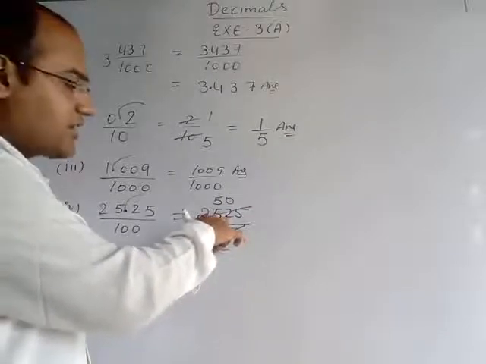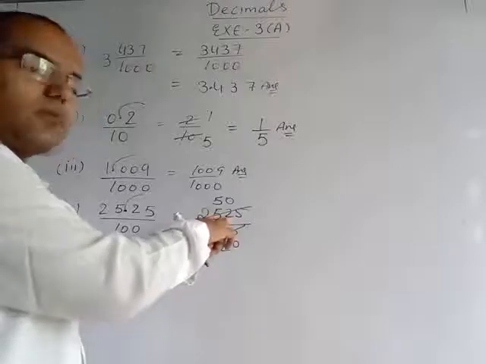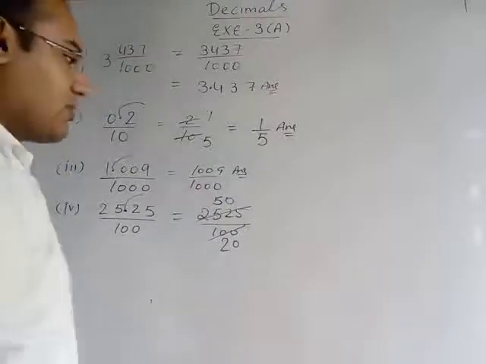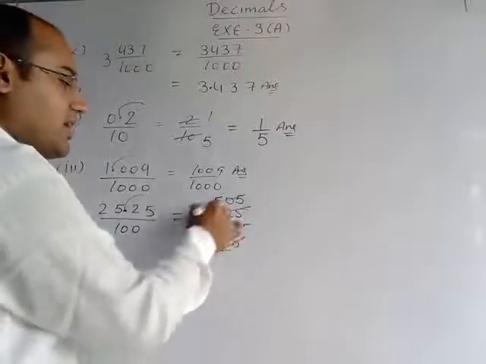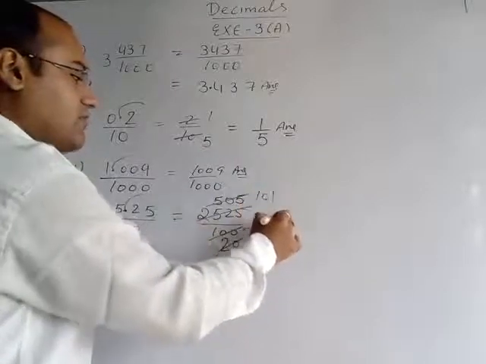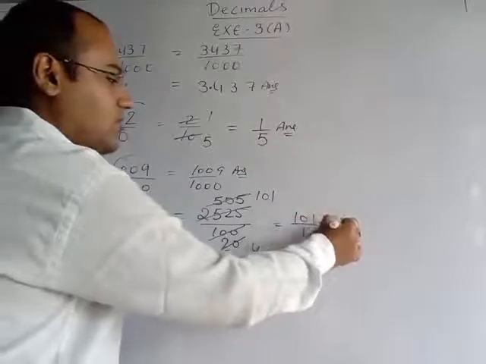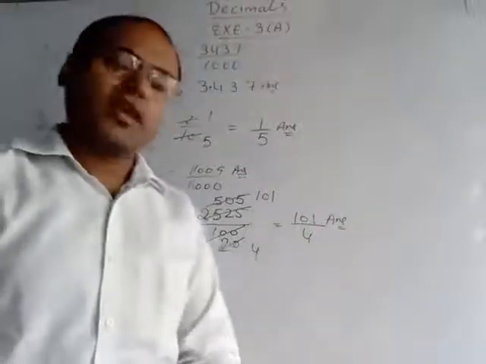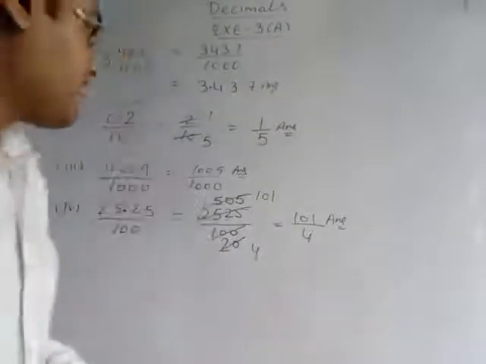Because here it is written 2 but we are taking 5 0 ja 0. So when we will subtract 0 from this 2, remainder will be 2. 2 and 5 will become 25. 5 5 ja 25. Again we will cut it with the table of 5. 5 4 ja 20. 5 1 ja 5. 5 0 ja 0. 5 1 ja 5. Now it is not possible to cut these two numbers. So our final answer is 101 upon 4. So like this you have to do question number second. Now see question number third.